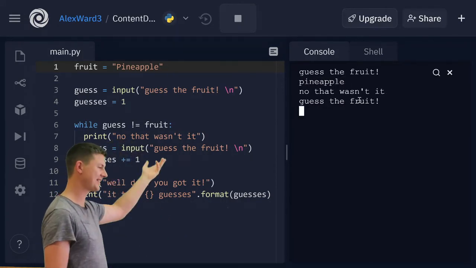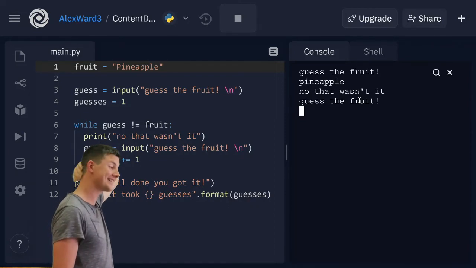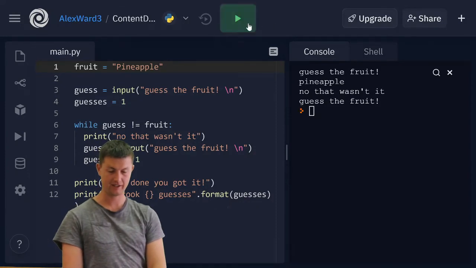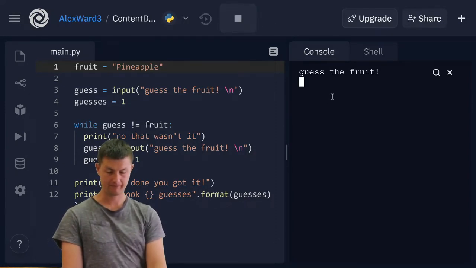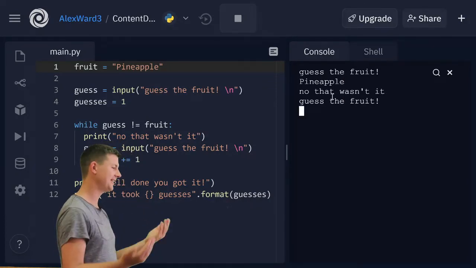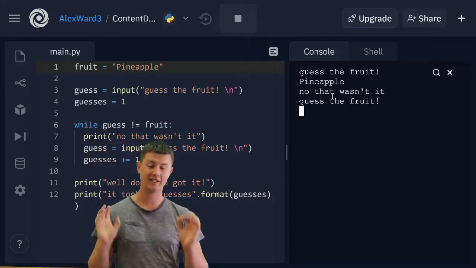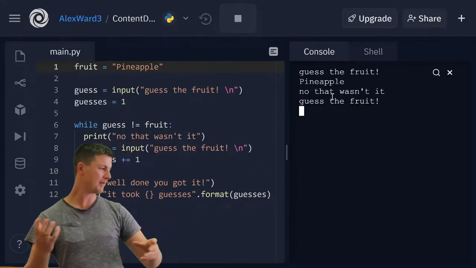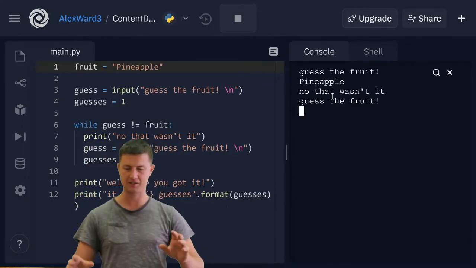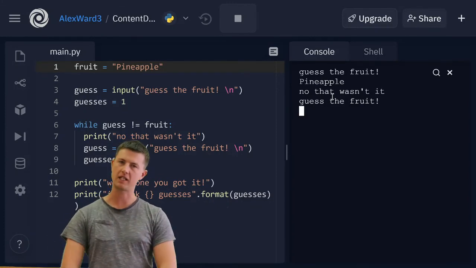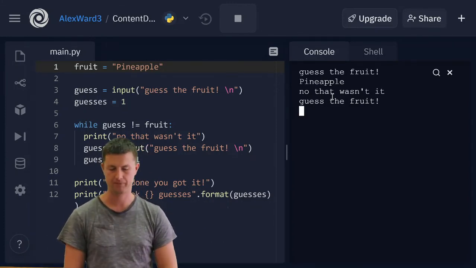If something's capitalized and the user doesn't get the capitalization as well, or if they put a space in there, it still doesn't get it. Strings are tricky, strings are exact, okay? Capitalization matters, spaces matter, tabs, punctuation, anything else that's in there. If it's not exactly the same, Python's like, you're not exactly the same. No, they're not the same, okay?